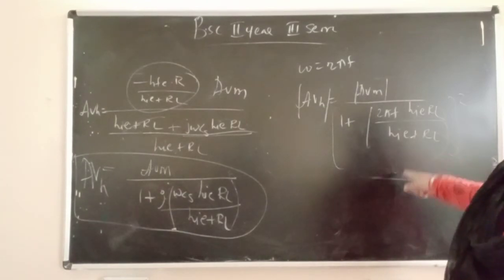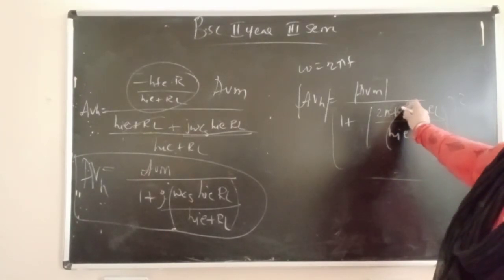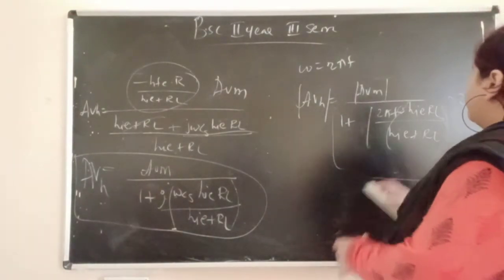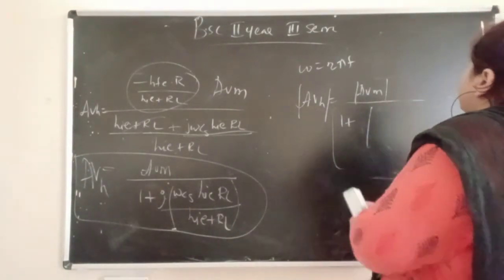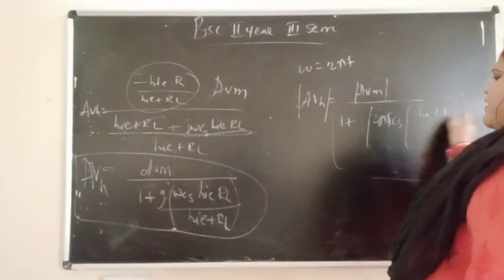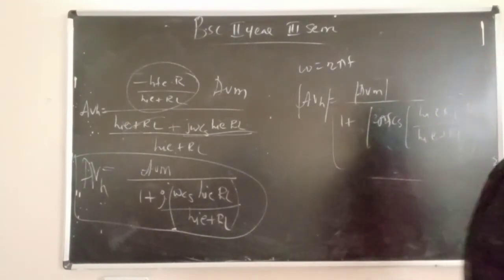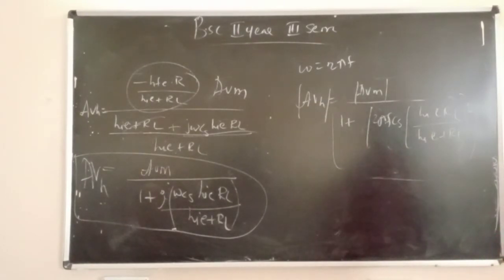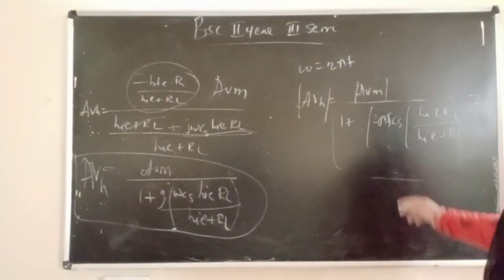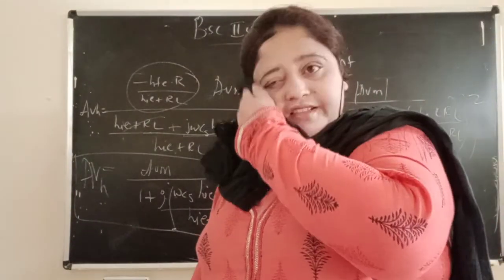So what we will get now: you take this as 1 and 2 pi Cs. Here it will be 2 pi Cs, when you are taking it off. 2 pi f Cs into HIE RL by HIE plus RL, into whole square. You should write the whole square, then only you will get this. Now the final equation is this for AVH. The final equation for AVH is this.